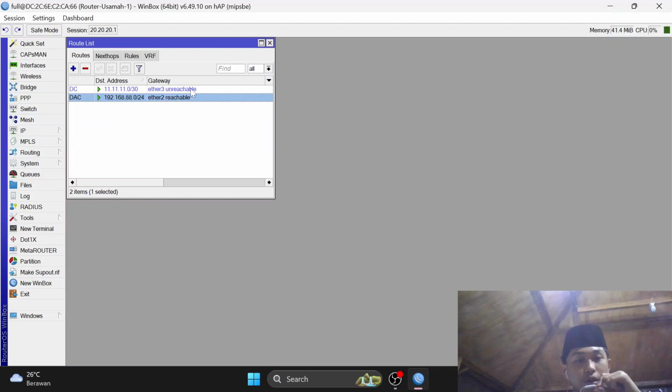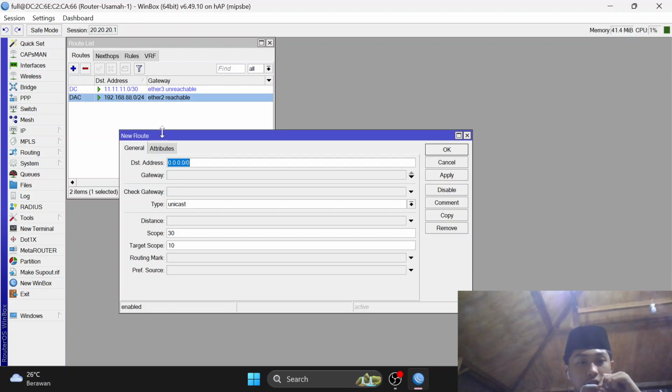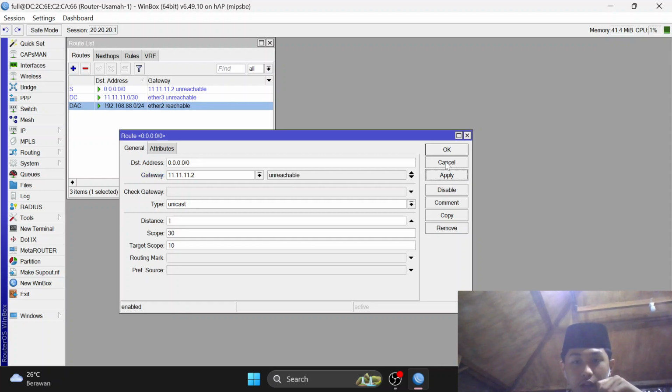In IP route, or the routing table, we can also add some routing. For example, here the destination address is default, or all networks, by using gateway 11.11.11.2. Then you can apply and then okay.